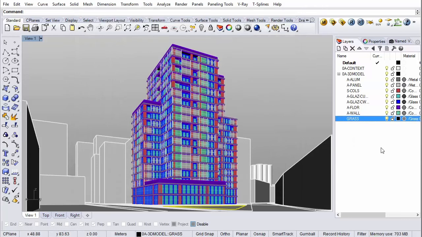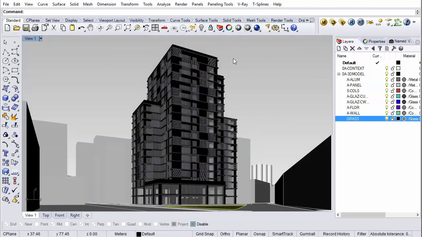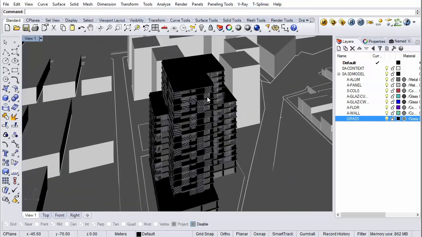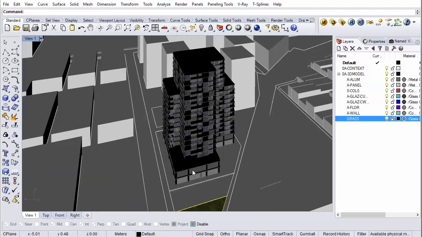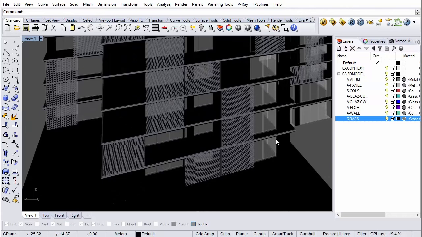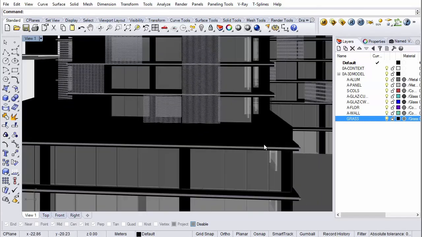Now, when I click on the rendered view, it's updated it to the best of its abilities with a preview. So we can see that the materials have been added. Sometimes it's not able to give you a correct preview, but most of them sometimes do.